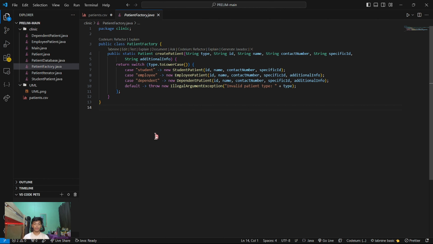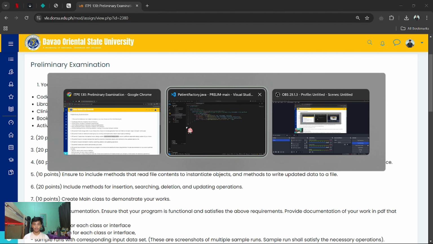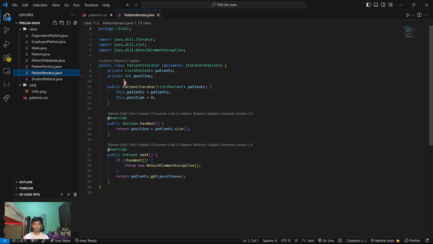So in the iterator, as said here, to apply the iterator, I use the iterator in the patient database for listing the patients.